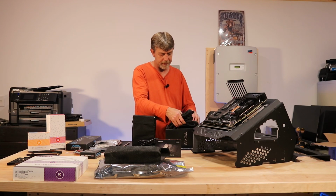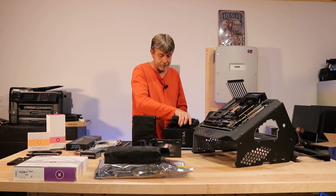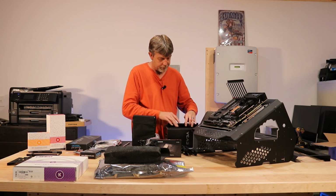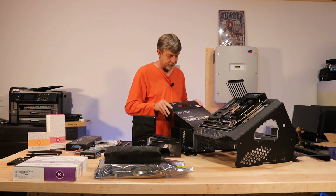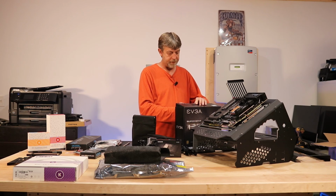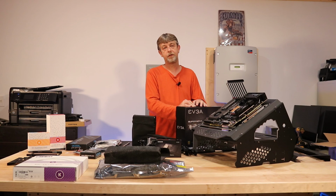Now, I may do custom cables later on, but I'm going to lay these out, because more likely I'm going to go ahead and get this power supply and stuff done off camera and put in. But, I mean, I've rambled enough. I really have. And EVGA, I'm trying to decide which card I want to go with. I'm thinking I'm going to go with EVGA